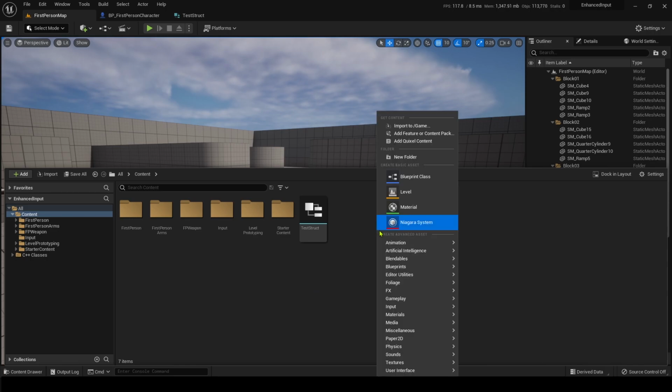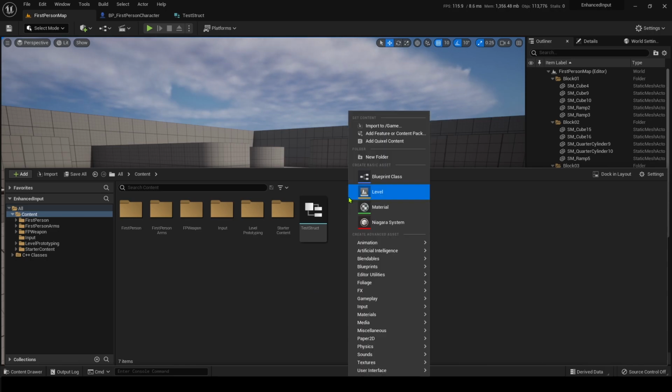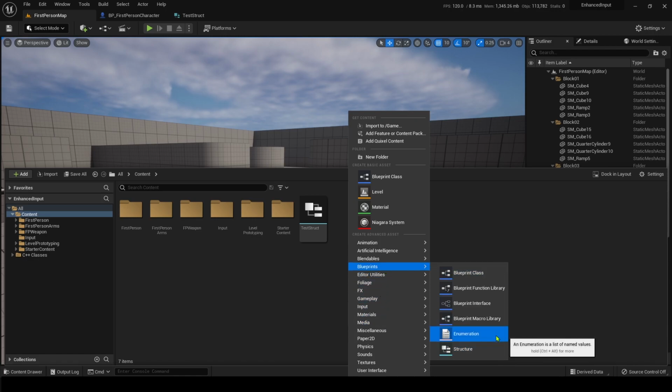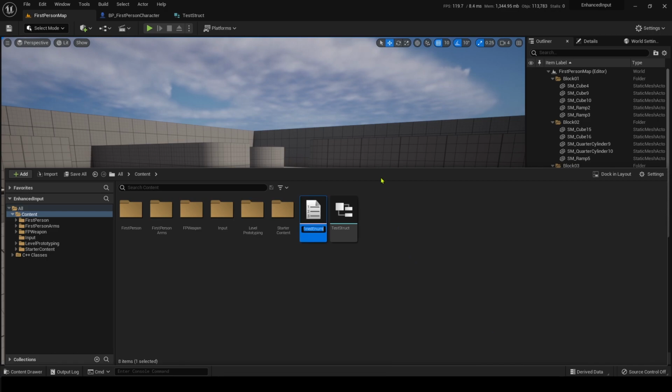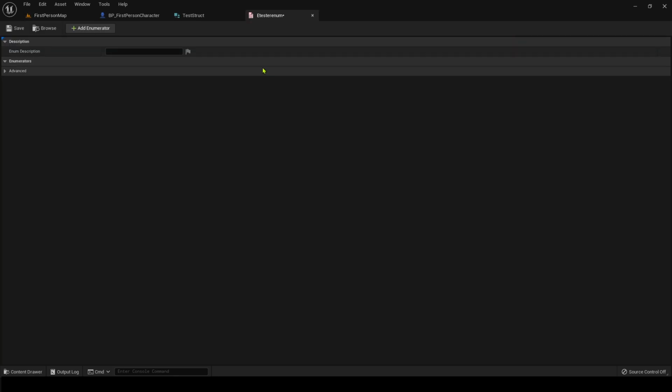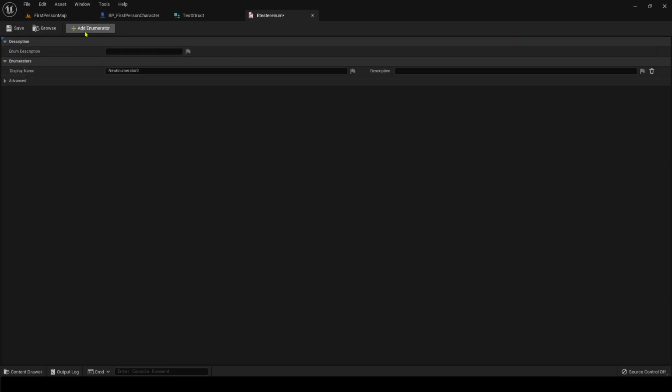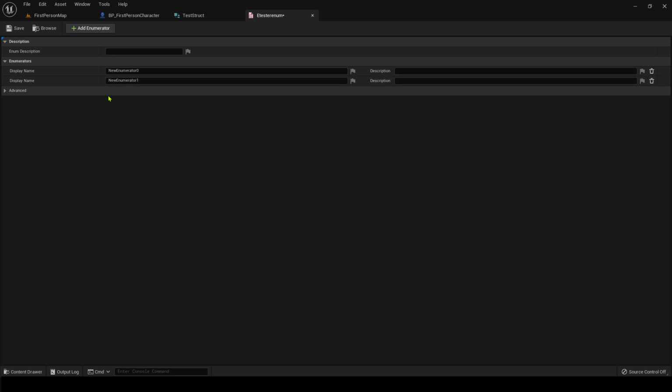I don't need it. And now we're going to go over enums quickly. So again, go to blueprints. Enumeration is what it stands for. Typically the prefix for it is a capital E. We're just going to call it tester enum. You can open it and add an enumerator. So this enumerator, we can name it